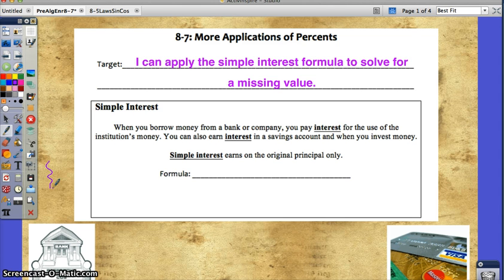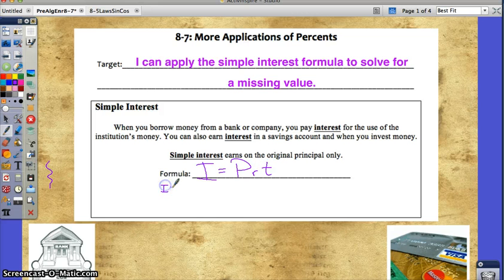And simple interest earns on the original principal only. So as an extension topic, I'm going to show you what compound interest is, but that's not something needed for this class, okay? The simple interest formula, make sure you write this down, is I equals PRT,